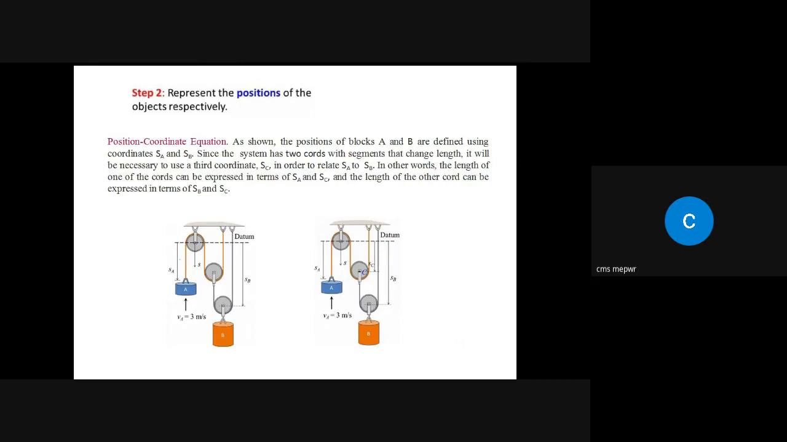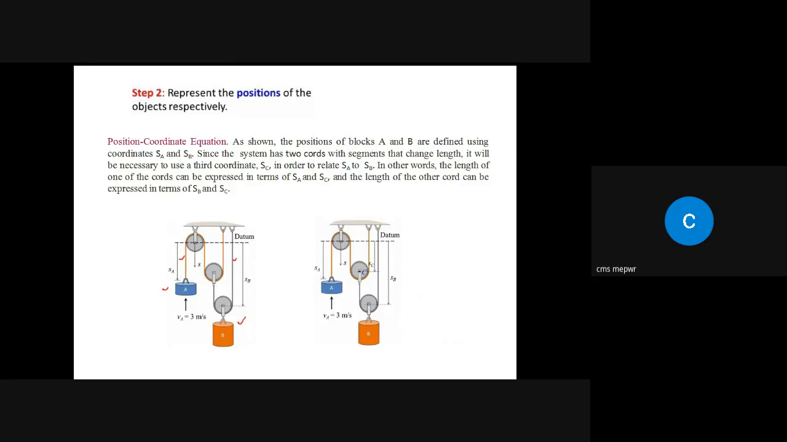In this case we are having two ropes. One rope is here and one rope is here. Each has its own length, so we can define the length of the first rope as SA, and the length of the second rope as SB. But to find the relationship between object A and object B, what we need,